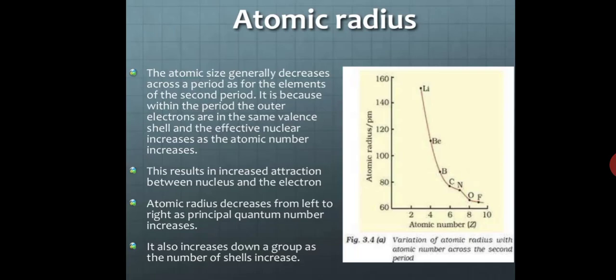Slightly more. Very slightly more, we can say that, more than that of carbon. Is it clear what I said? That is, when you are moving from left to right, the atomic size should decrease. But in case of nitrogen, you find it is slightly more than that of carbon. The reason is that if you write the electronic configuration of nitrogen, you will find its outermost subshell is half filled. As it is half filled, it is stable.